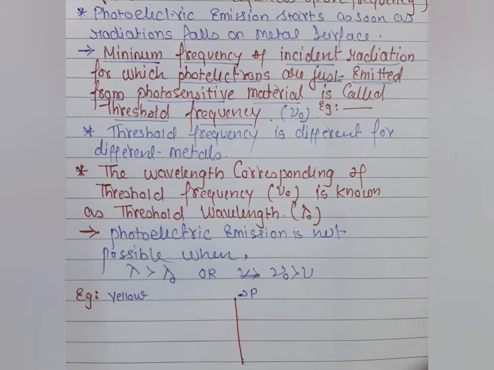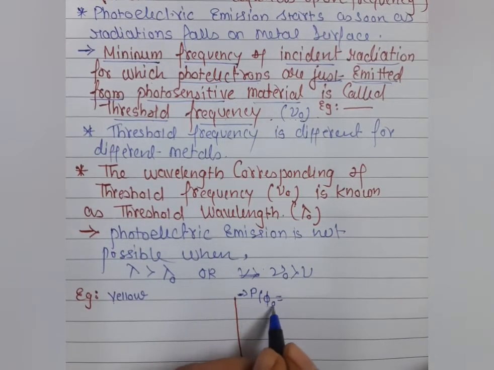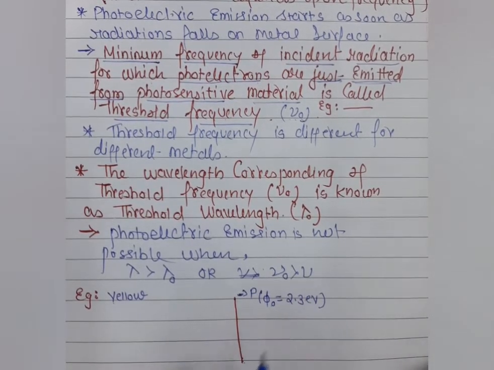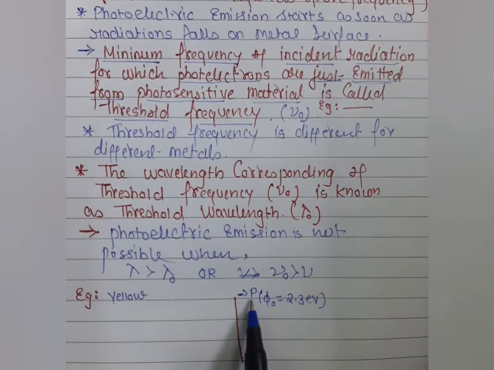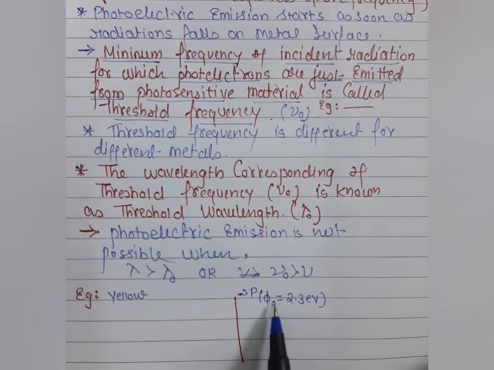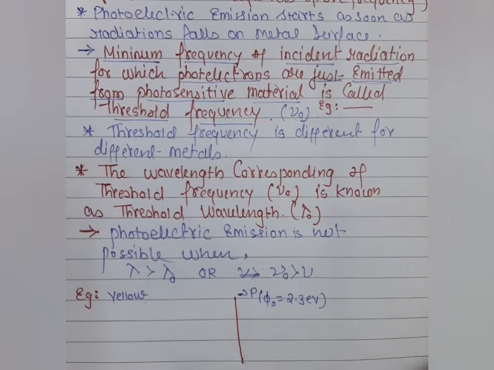Yes, students, always remember the work function is very, very important, because the work function decides how many electrons are ejected. Let us assume the work function, denoted by phi naught, the minimum work function for this metal is 2.3 electron volt. For the potassium metal, the work function is 2.3 electron volt. It means, students, this much energy is required for this light to eject an electron from the surface of the metal.